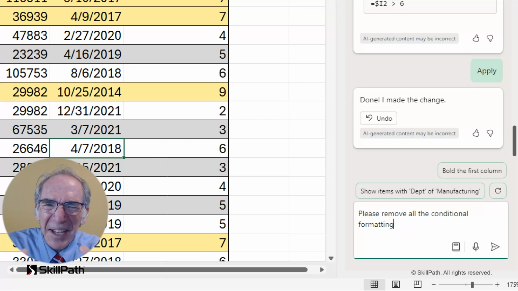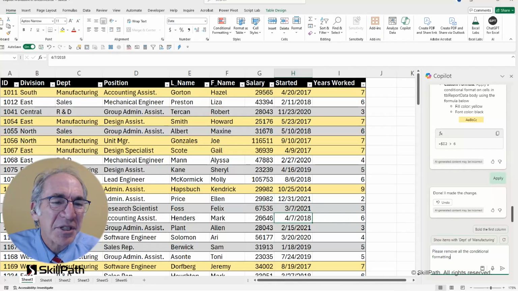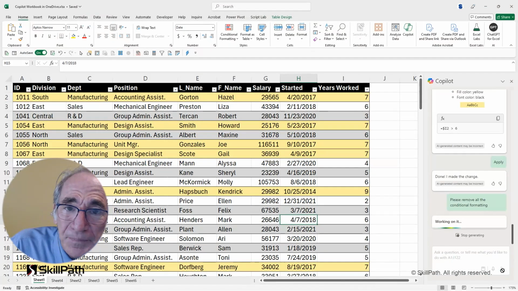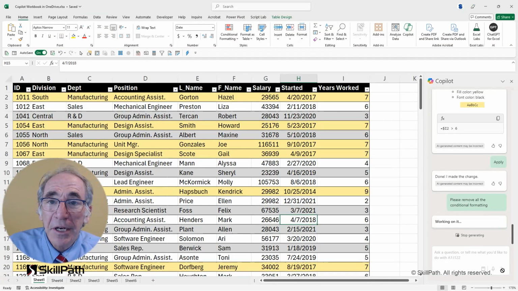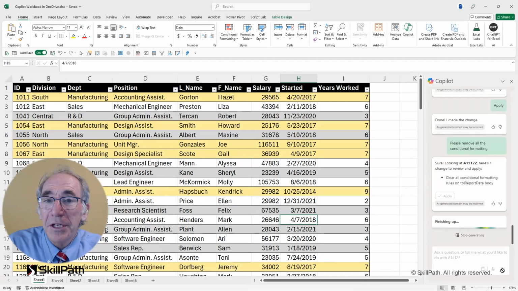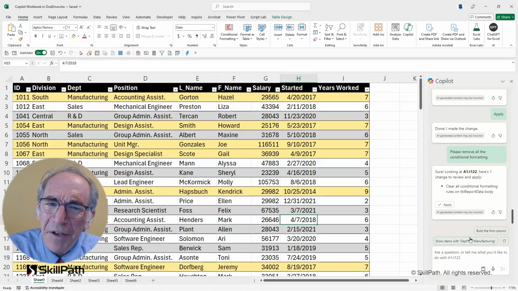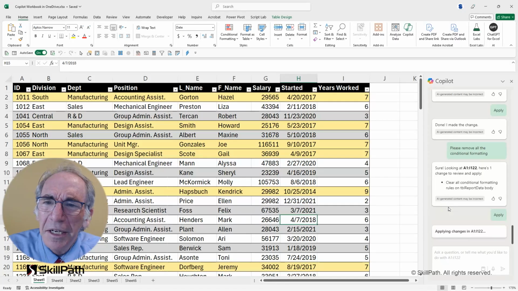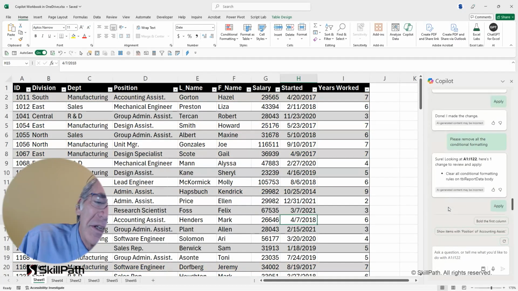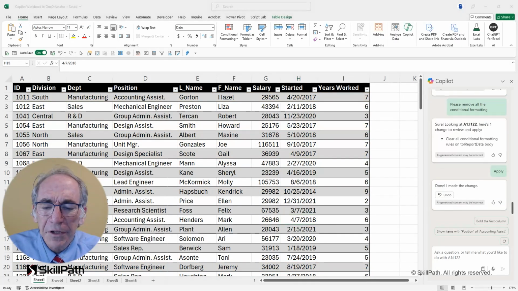Again, reminding you about the licensing and the way that that works. If I send this on its way, that is the prompt that I wrote, it's going to, we hope, clear off the conditional formatting. Well, it doesn't do it immediately. It does it if I choose, well, let's see if I can apply it. And if I apply it carefully, no more conditional formatting.